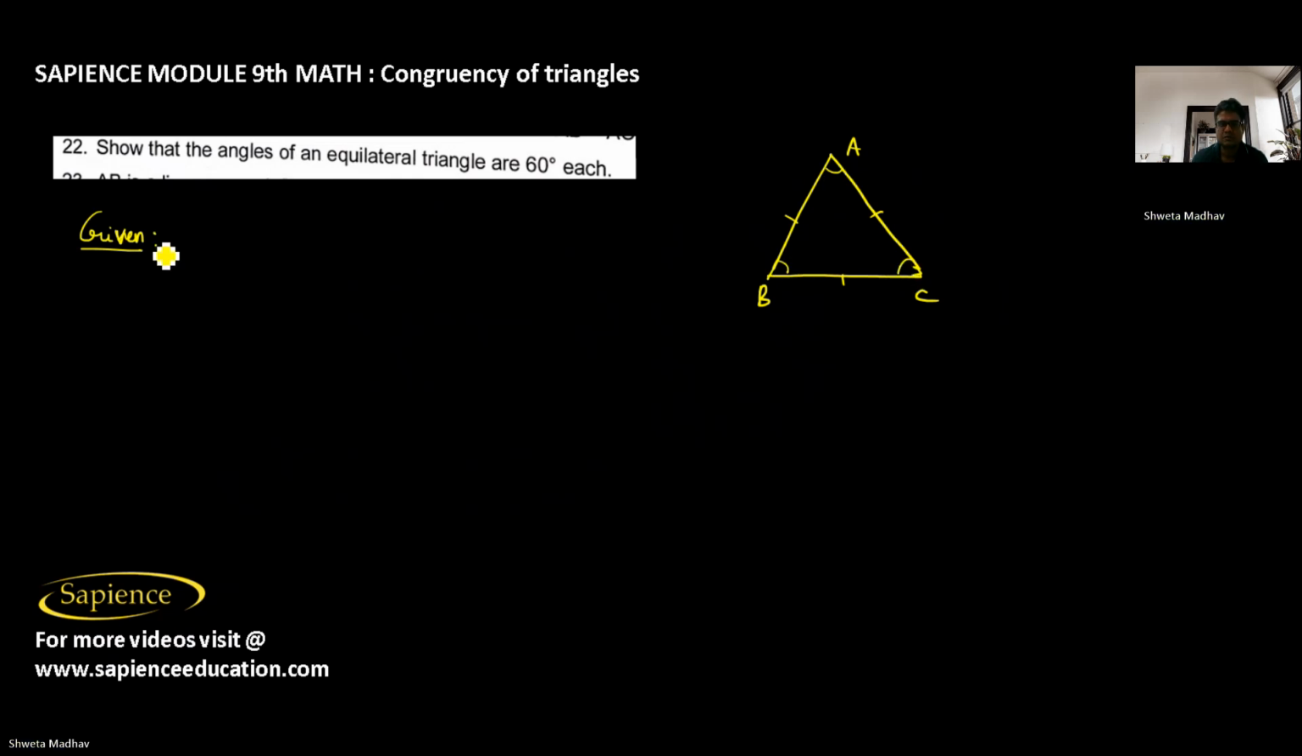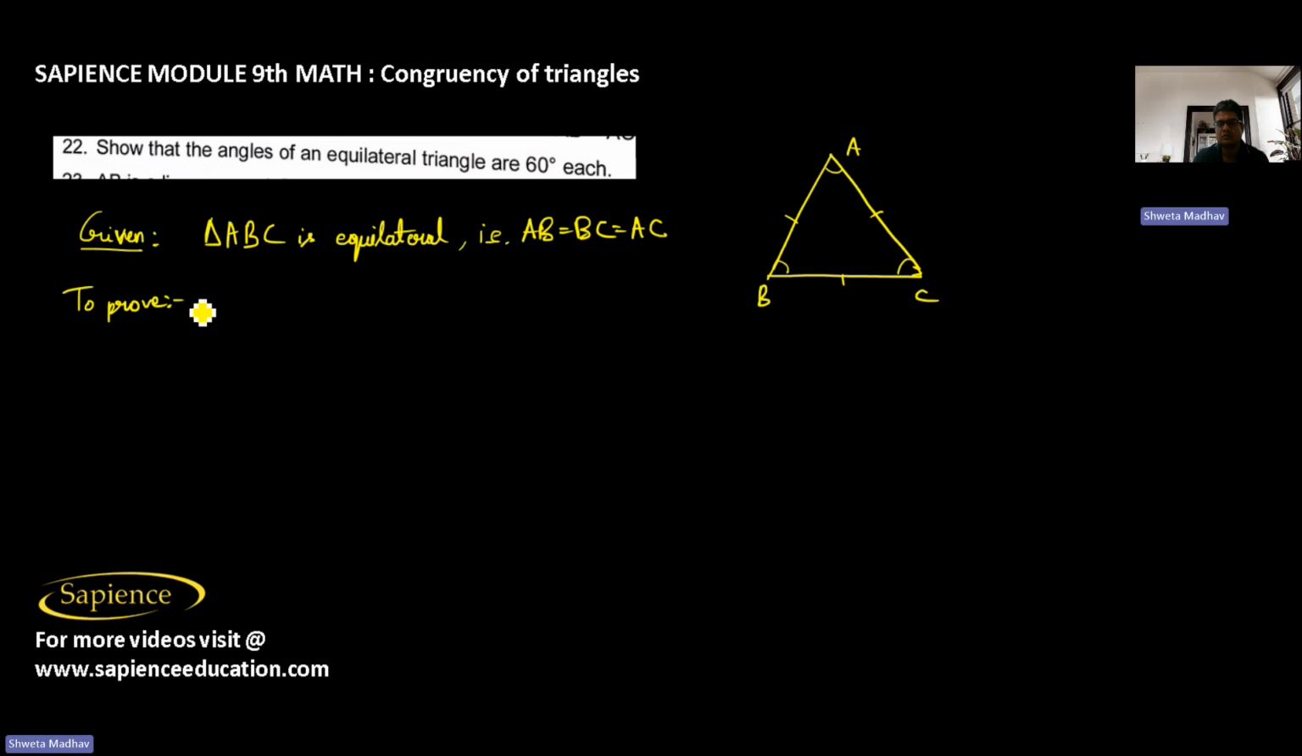So here you will write given that triangle ABC is equilateral. Triangle ABC is equilateral. It means that AB equal to BC is equal to CA. And we have to prove that angle A equal to angle B equal to angle C, that is equal to 60 degrees. Means each of the angles is equal to 60 degrees. And the proof will be right that